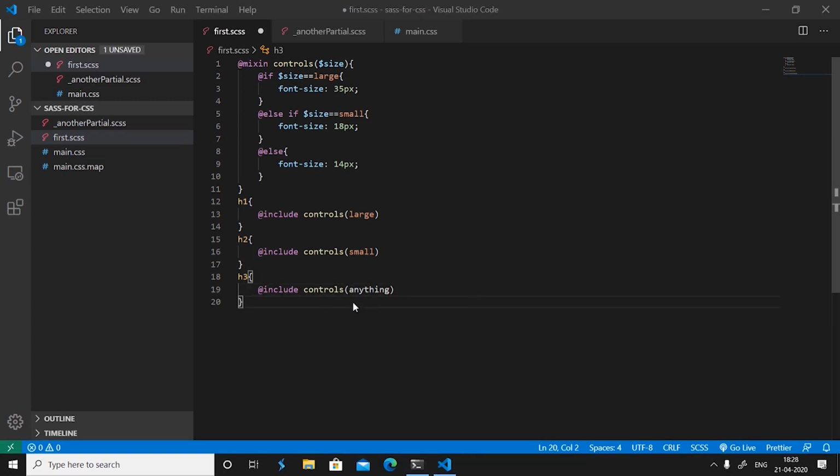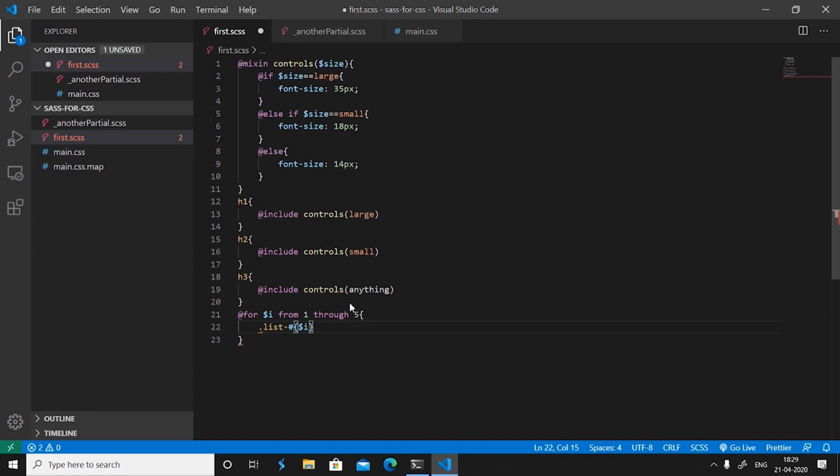Now let's understand the for loop first. The for loop has two variations, the one with the through keyword and the other with the to keyword. We will understand the difference between the two by implementing through first and then to for the same loop. @for $i from 1 through 5, and let's go inside the loop and say dot a list and hash, and then call the variable here $i.